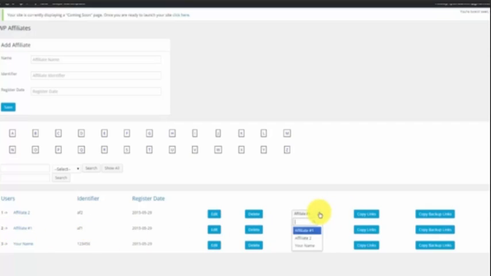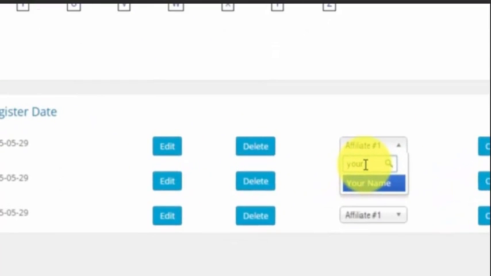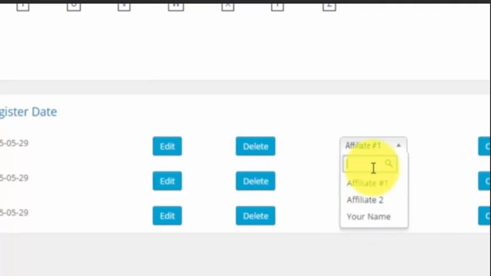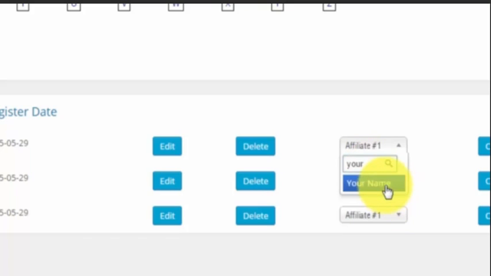I can take and I can copy, and by the way, you can search here. Once again, this is really handy as you start getting a lot of affiliates. You do not want to have to scroll through a whole list. Right now it's easy because we only have 3. But if you want to see the link for your name, I could click this and I could copy those